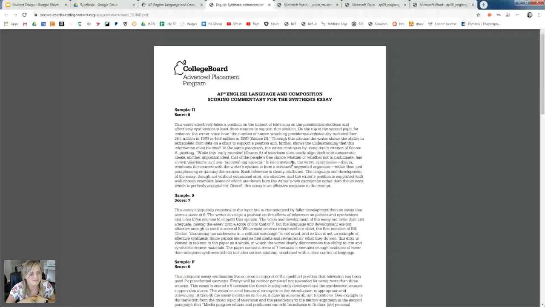A few aspects of it that I'd like to point out is it was long. And I hate to say this, because I don't want to make you think short essays can't be good, but typically the longer essays are the ones that are more descriptive and get higher scores. So that's just something to think about. That's not saying short essays are bad or that they can't get high scores, but most high scoring ones I see are longer.